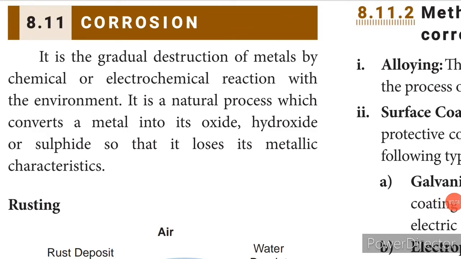Next, we'll see what is corrosion. I said that the alloys are prepared to reduce corrosion, isn't it? Corrosion in the sense the destruction of the metal, the eating up of the metal, or you can say rusting, in which the metal gets destroyed, isn't it? So the gradual destruction of the metal either by a chemical process or by an electrochemical process is called corrosion, right? Now for example, you can see the iron getting rusted. Copper, I said that the green layer will be formed when it gets rusted. When you talk about silver, it forms a black colored layer when it gets rusted. So these are nothing but corrosion.